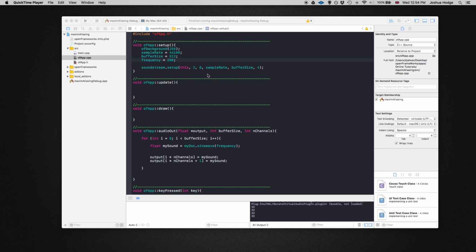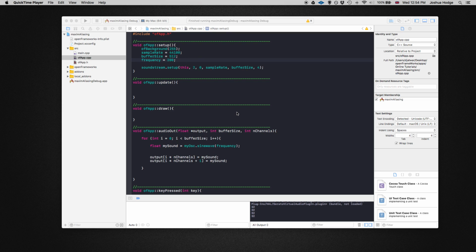Now, just to recap on what our last tutorial covered, we set up a simple sine wave oscillator which goes through our speaker output. So we set up our speakers to receive any sort of sound that we input into it, and then we put it through our outputs. We also set our sample rate and our buffer size and the frequency of our oscillator, which is 200